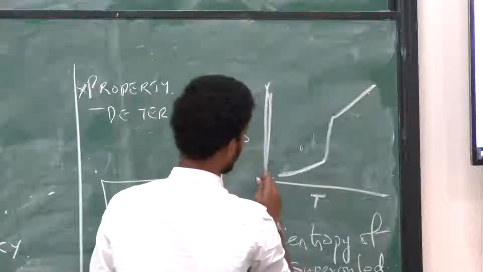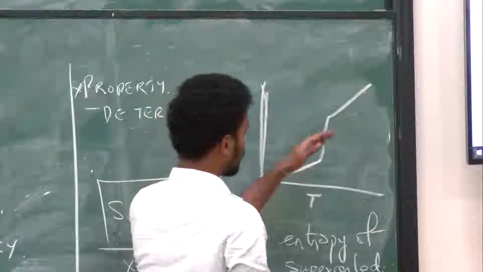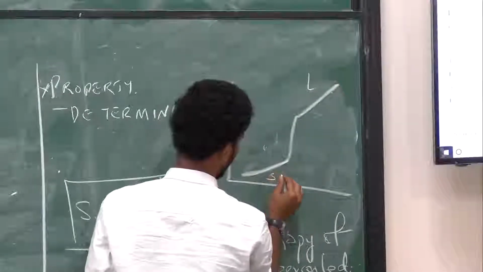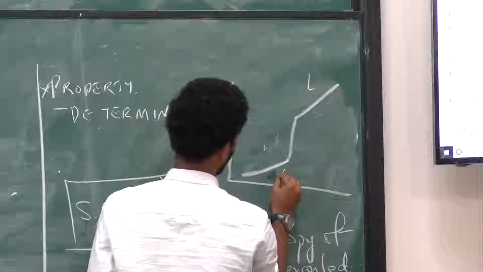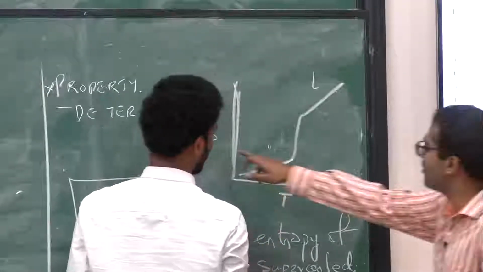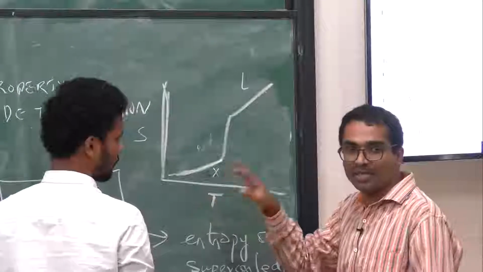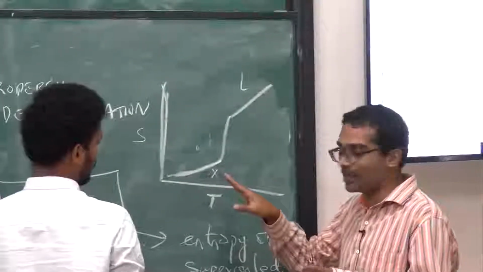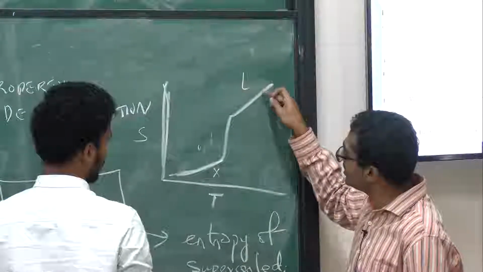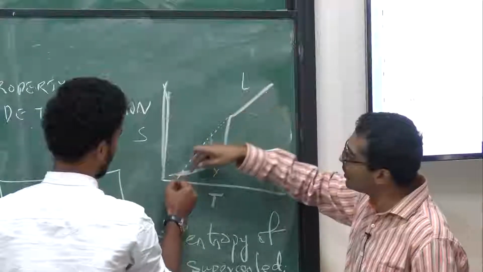No, that is fine. That is correct. Now, the one on top is actually liquid, right? So, you please label that L. Label this X in keeping with our notation. Yeah, fine. Now, this is S as a function of temperature. So, this is the typical shape of the curve. This is a qualitative argument as of now. So, this is the shape. Now, S is decreasing as a function of temperature, isn't it? So, what would happen if I supercool it?